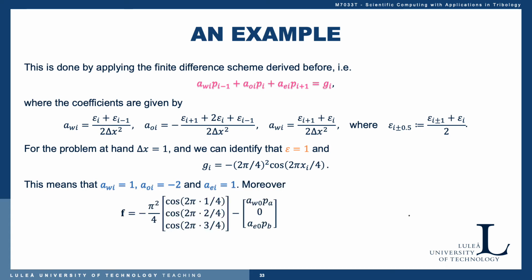Moreover, we can equate the right hand side vector by the expression for g_i directly, and the boundary conditions also, of course. So the right hand side vector just becomes minus 1, pi squared over 4, and minus